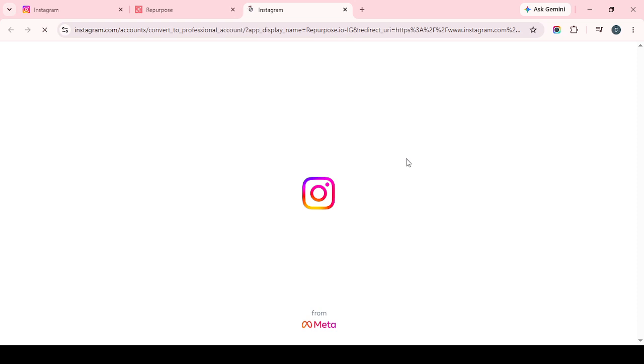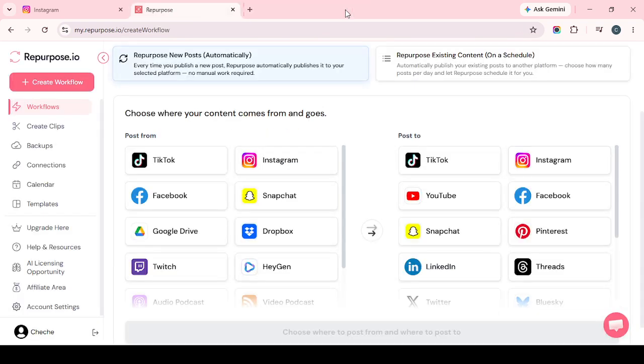Finally, set the workflow to auto by toggling it on. This activates the automation, meaning Repurpose.io will automatically monitor your selected source and send eligible content to Instagram Reels based on the workflow you just built. Turning on auto is what makes the whole system hands-free, so you don't have to manually repeat the process each